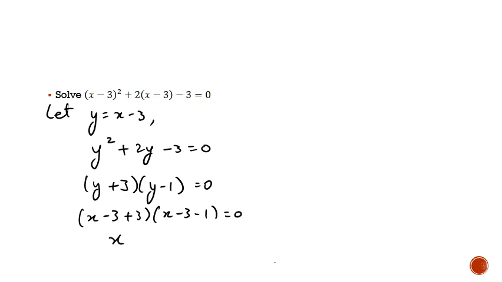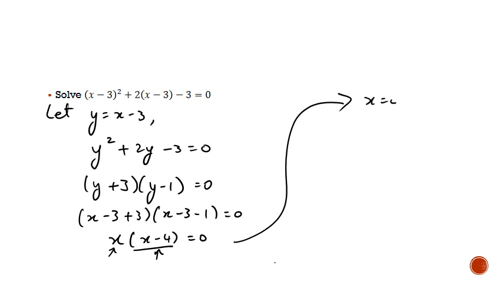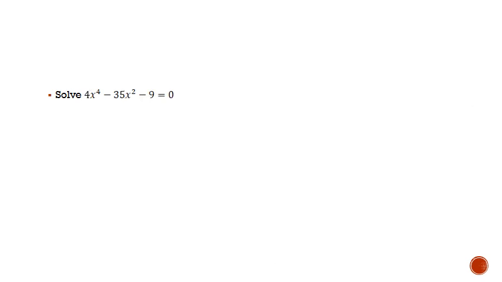We simplify it down, we have x minus 4, giving us a 0. So either that one's 0, or that one's 0 by the null factor law. Thus, x is equal to 0, or x is equal to 4. Now, this is another example of a substitution,